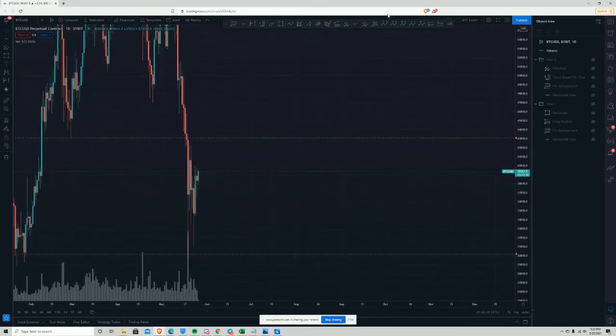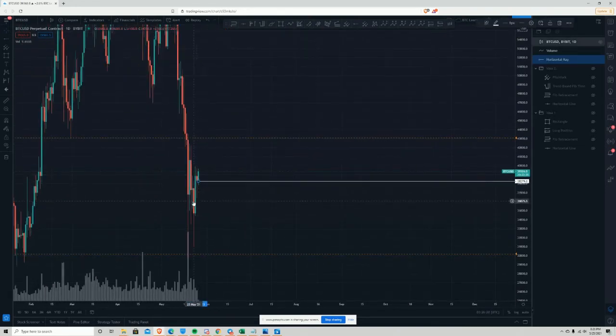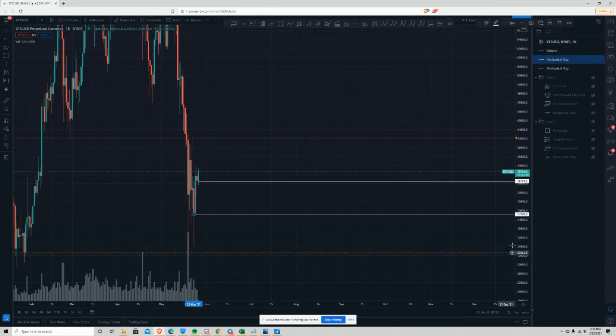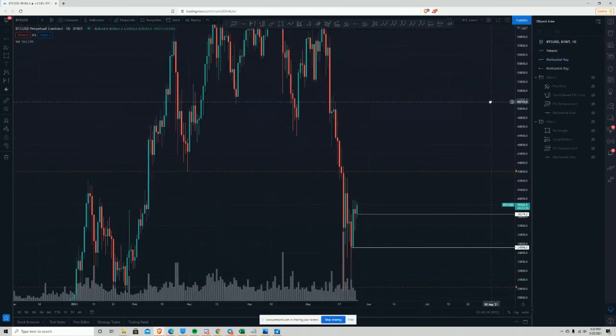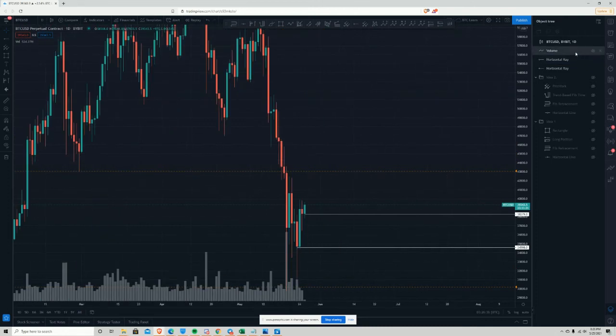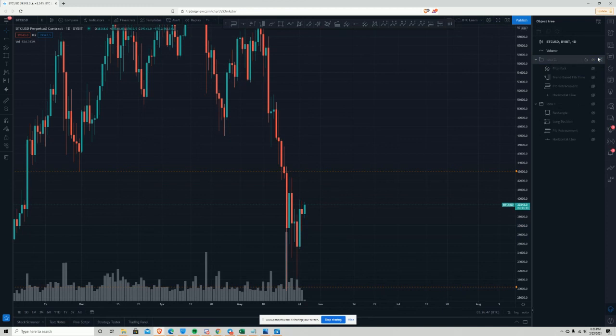You start marking some of those out. This, and just make a separate folder. So that'll help you toggle things on and off. I can make a new folder, daily. Then you can toggle on and off different indicators or